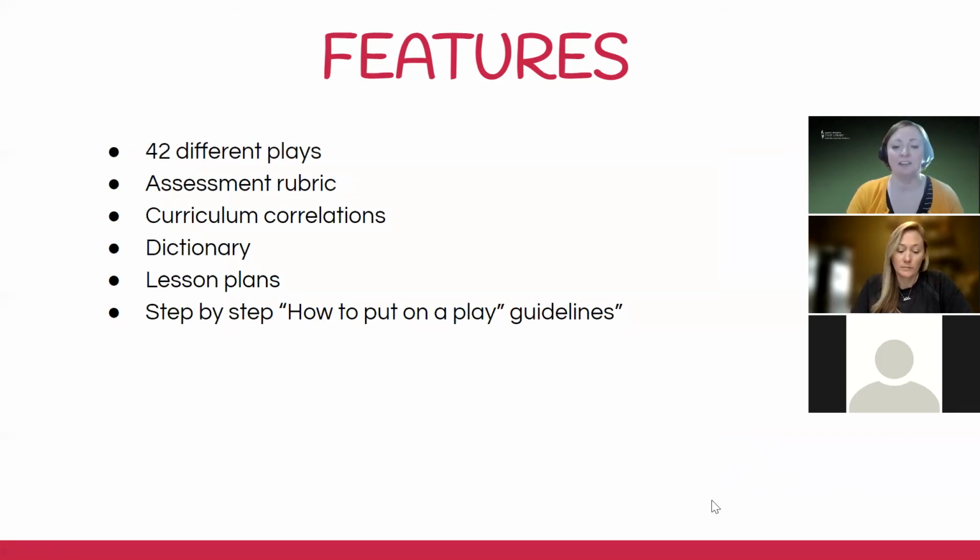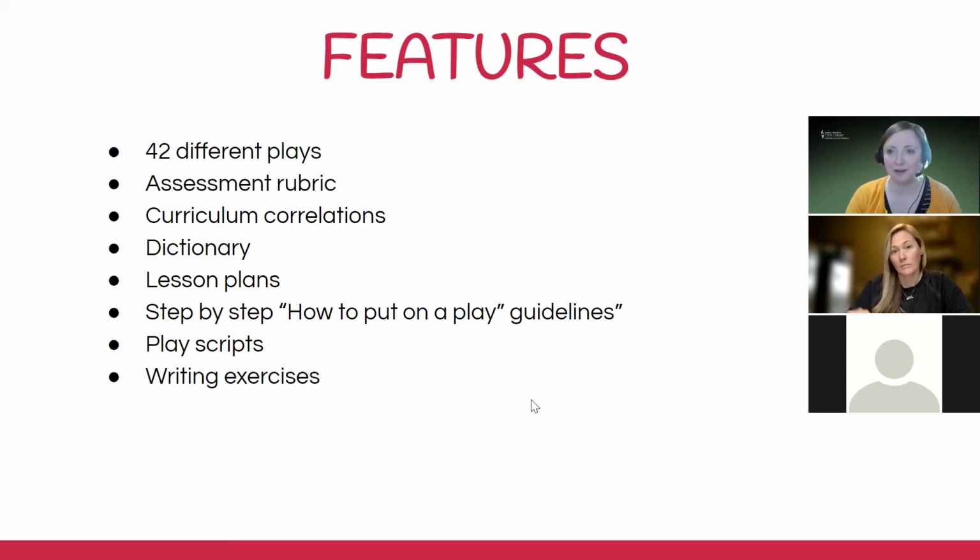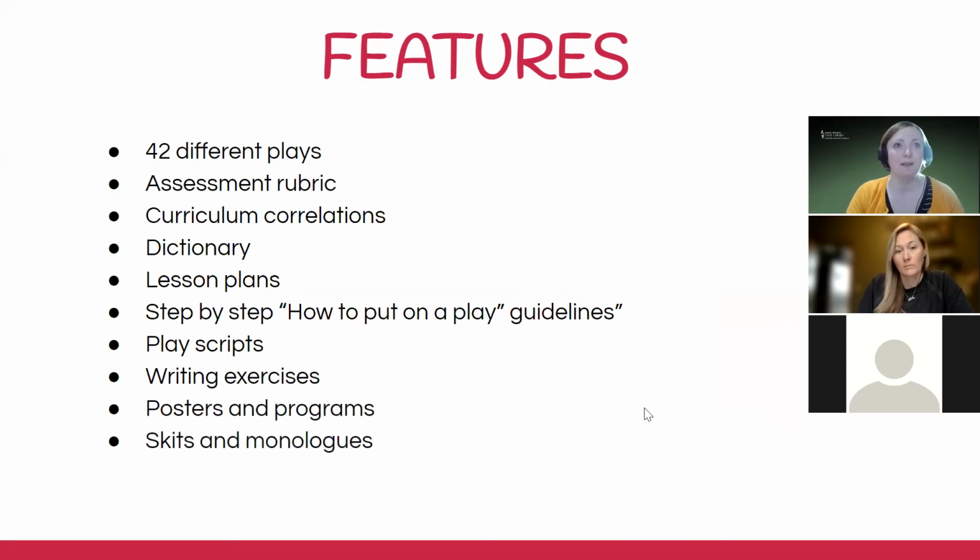Topics include stage directions, sets and props. There are play scripts based on the different grade levels and subjects, and writing exercises that you can have the students do, posters and programs to help promote your play, and different skits and monologues to help the students practice their public speaking skills.